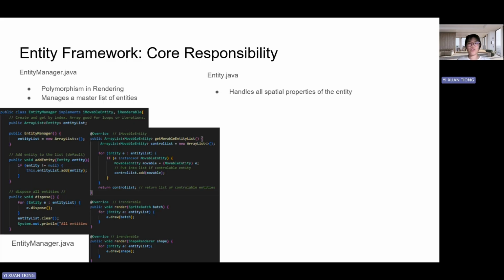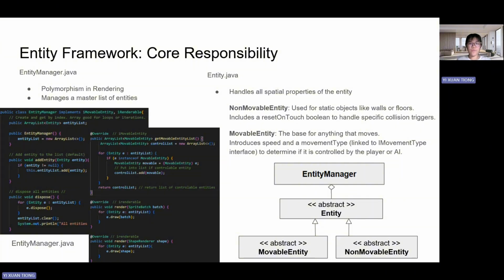Moving on, we have the entity class. This class provides a common set of spatial data and rendering code so that the engine can treat all objects polymorphically. To support the different entity roles for the movement manager to assess which entity can move, we have two primary extensions from the abstract entity. One is the movable entity for dynamic entities that have movement, either due to input from the user or AI default movement. The second abstract class we have is a non-movable entity for static environment pieces like boundaries for the